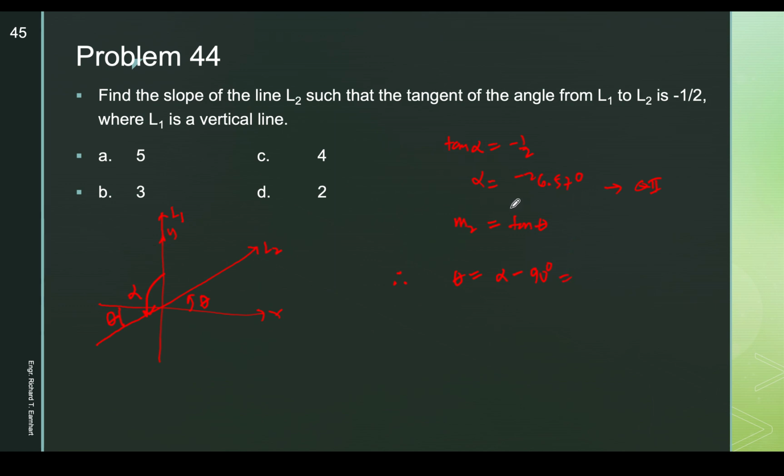And the angle, by the way, in the second quadrant should be 180 degrees minus 26.57 degrees. That is 153.43 degrees. Okay, so therefore this is 153.43 degrees